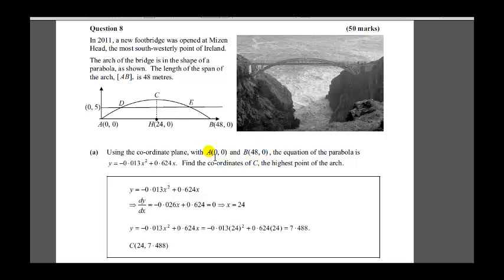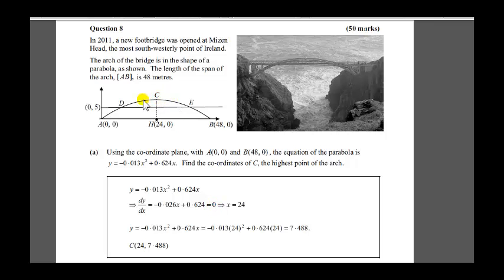So we have these 2 points on the curve, (0, 0) and (48, 0). So those are the points where the parabola crosses the x-axis. Now there are 2 ways we can find the coordinates of point C. One way is to differentiate. Well, you can see the answer is shown here is 24, but anyway, we differentiate and we set the derivative